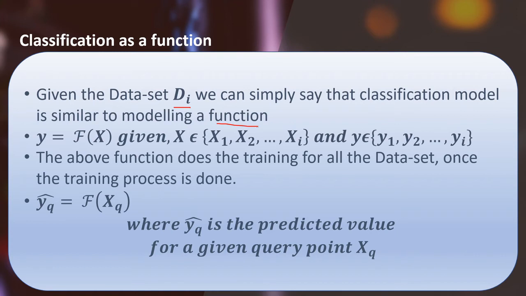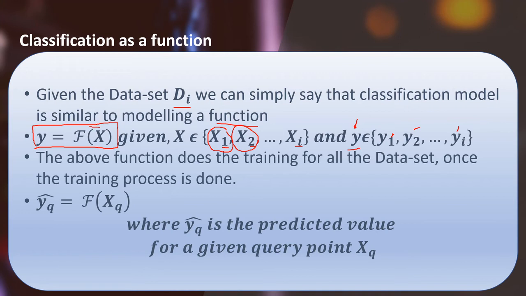Now what is that function? So the function is something where the magic happens. So this is the actual notation of the function, if you can see. So it's y equals f of x. So here x is a matrix and that matrix is actually made of individual four-dimensional vectors. Not necessarily four-dimensional in this case, actually d-dimensional vectors, starting from x1, x2 to xi. And this y is nothing but a column vector of each scalar y1, y2 till yi.